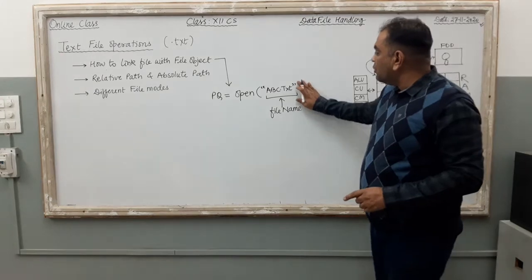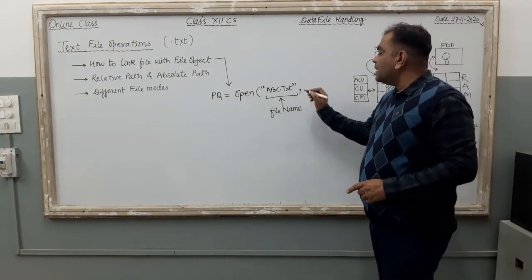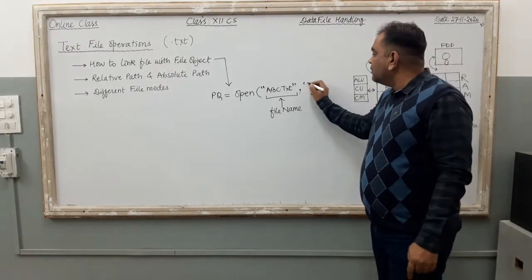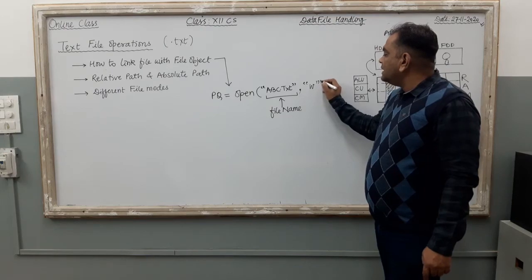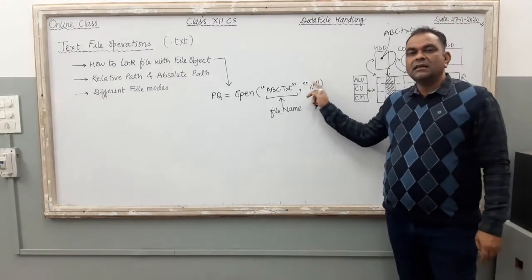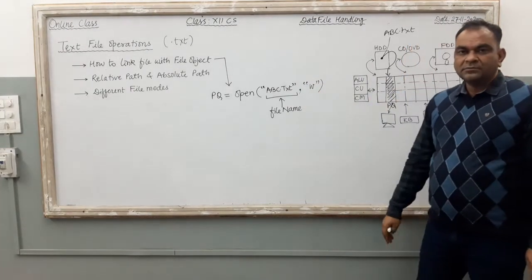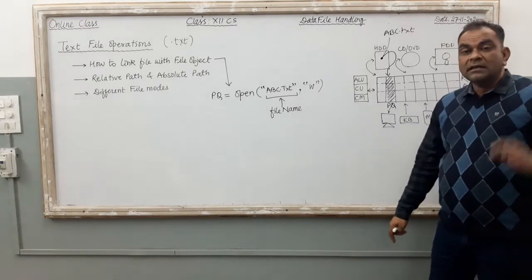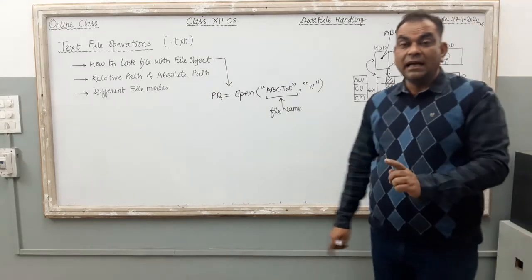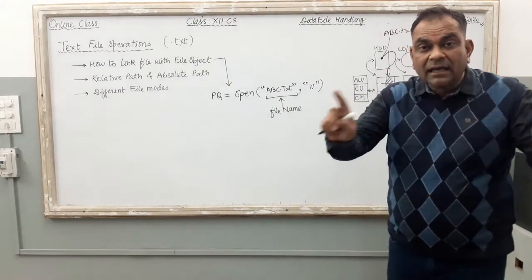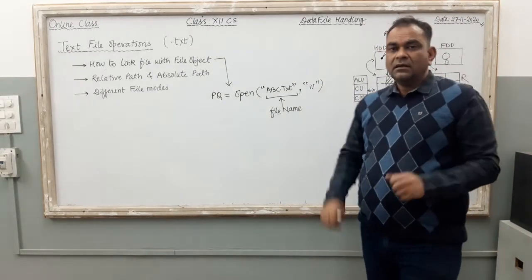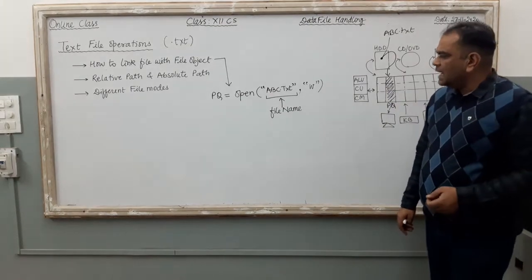Right? Now, suppose you want to open the file for writing purpose. For writing purpose means you want to write something in the file, then you just use W mode with this open function. W means write. Yes, it is there with this quotation mark, double inverted comma. Right? Now what is there? W. W means the file is opened in write mode. You can write something inside the file. Here also you cannot read the data. You just write the data only. Clear? Now some limitations are here with this file mode.